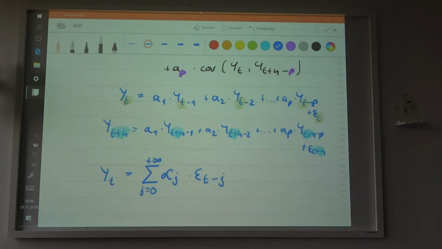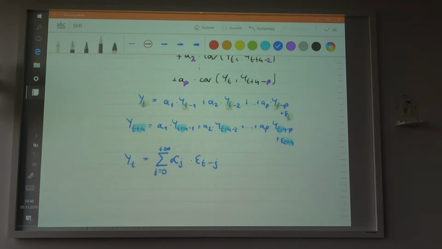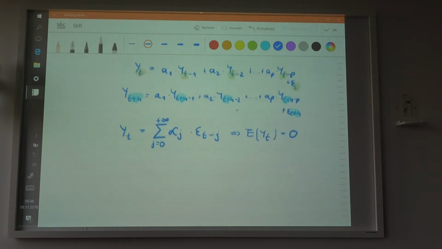Now it is important to keep that in mind because you will see how the covariance is. In this case, the expectation of the process is of course equal to 0. The expectation of the process is equal to the expectation of the sum, and the expectation of the sum is the sum of the expectations, right? So you have the expectation of a linear transformation of the white noise, which is equal to 0, because the expectation of the white noise is equal to 0. That's quite obvious, so the expectation of the process is 0.